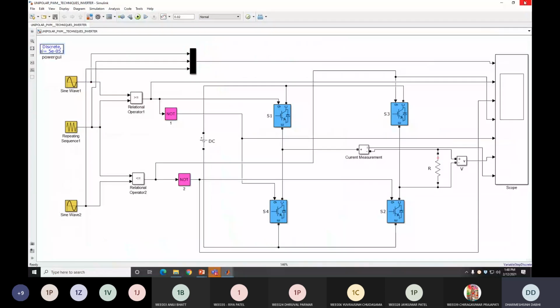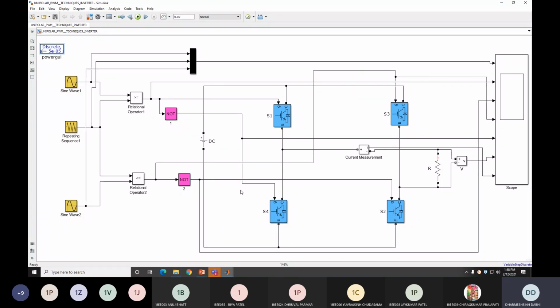All of you clear on this simulation, both bipolar and unipolar? Yes, sir. I hope all of you have submitted the bipolar technique simulation. So before next week, please submit the simulation of the unipolar technique. Today I will provide this as an assignment, experiment number 2.2. These are the same experiment: the first part is the bipolar technique and the second part is the unipolar technique. That's why I named the bipolar technique experiment 2.1 and this one experiment number 2.2.